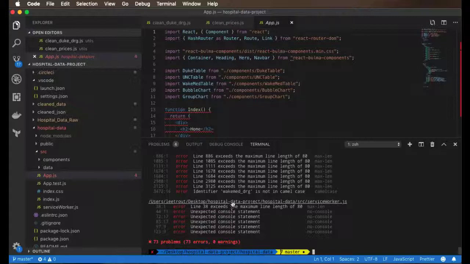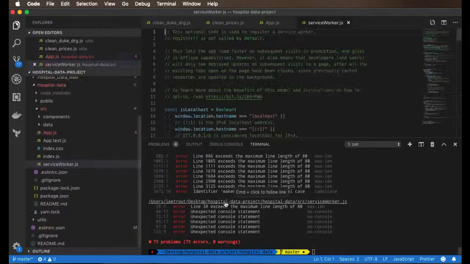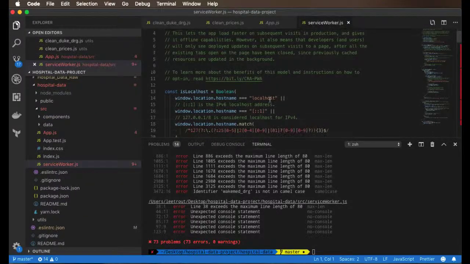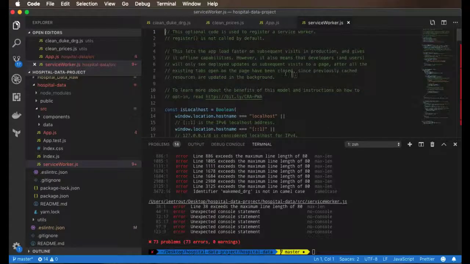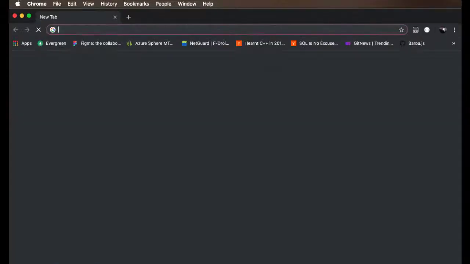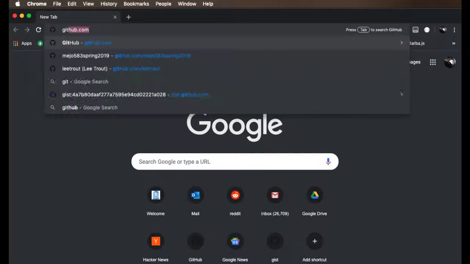And so we can start here. It says command click to follow that link here on the Mac. So hold down command and click on that. It opens that file for us. Service worker. There's a problem with service worker. I gave you all the fix for that file. So the fix for that file, let's go